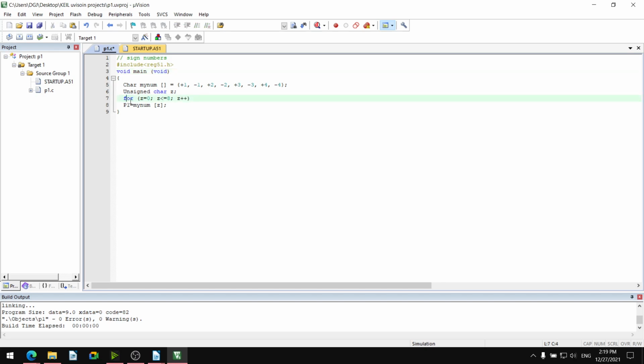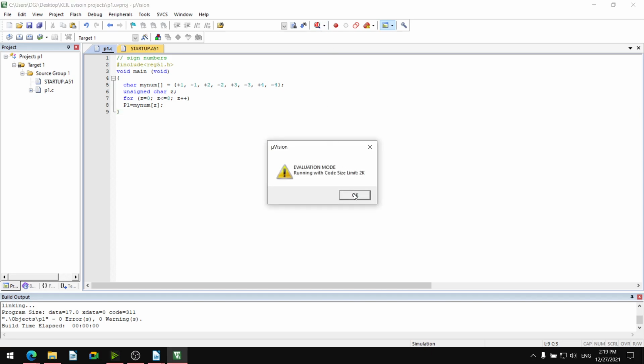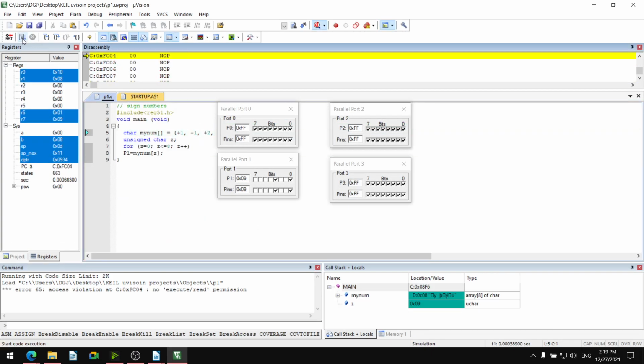Okay, save, build, zero error, zero warning, but there is no delay in between, so it will indicate only the last. Okay, 9. So we have to put the delay for every value.